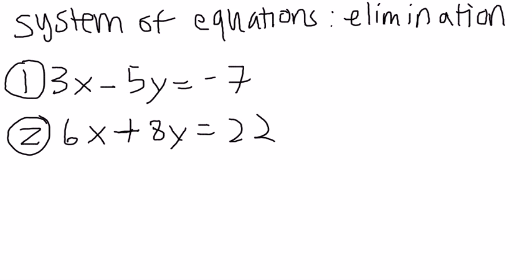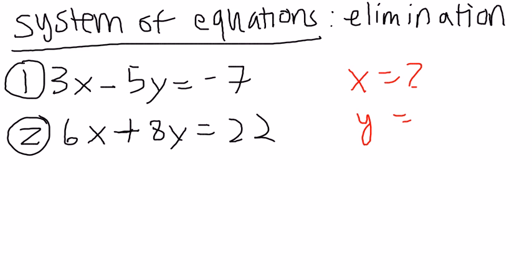Here's the second equation. A system of equations just means two or more equations, it could have been three equations, that have a solution, or possibly no solution. Now, solving the system of equations means you need to find what x equals and what y equals. See, on a graph,